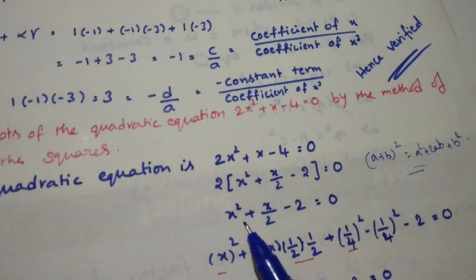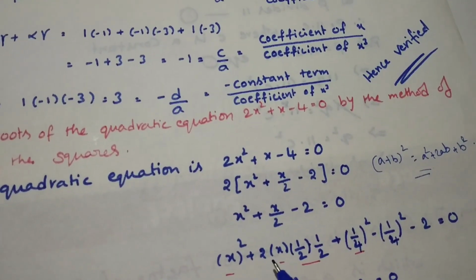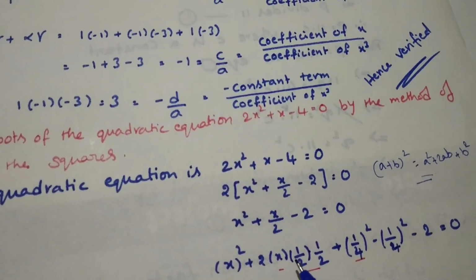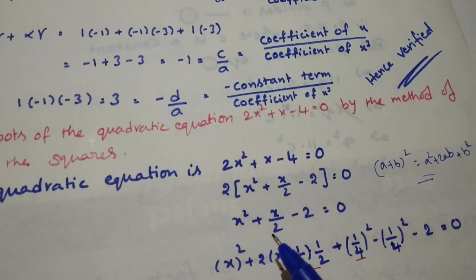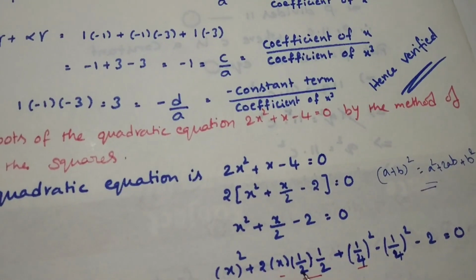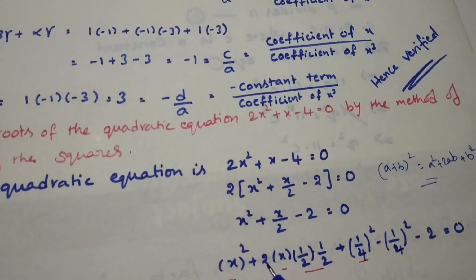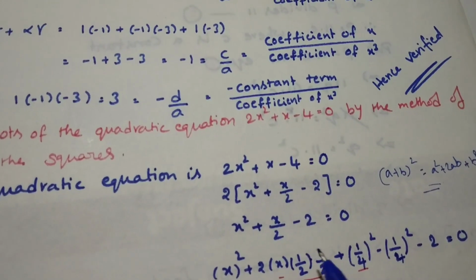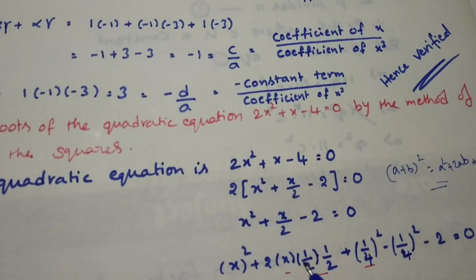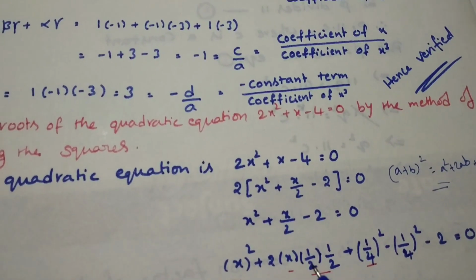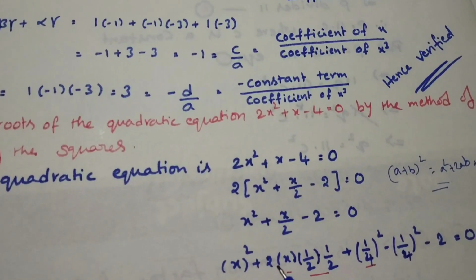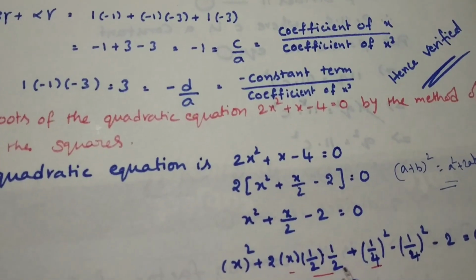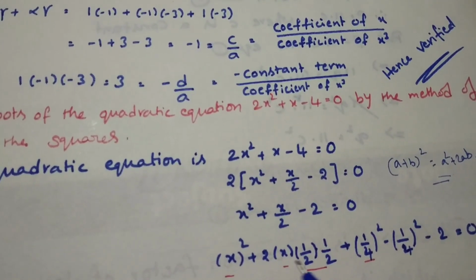Here a square is there, so x square is there, plus 2ab, a is x, so 2ab we want. B means, in the above equation, 1 by 2 is there. So 1 by 2 you should write. Here in the 2ab notation, 2 we are multiplying, so you should divide by 2. That means I am not changing this x by 2. As it is, I am writing x into 1 by 2, and 2 multiply I am going to write now. So one time multiplied and one time divided. That's it. Plus that is nothing but x by 2 for this one.